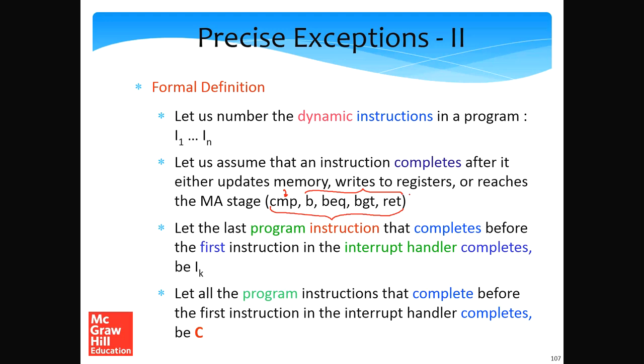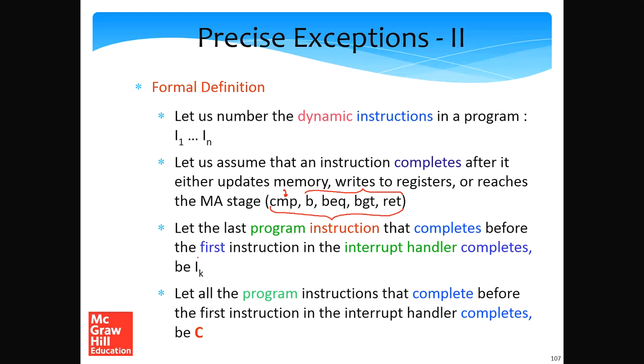So for example, if an instruction has written to memory, we say that it is complete because its job is deemed to have been done. Similarly, if an instruction has written to a register, we say it is done, or it has written to the flags or updated the PC, we say that it is done. So let the last program instruction that completes before the first instruction in the interrupt handler completes be